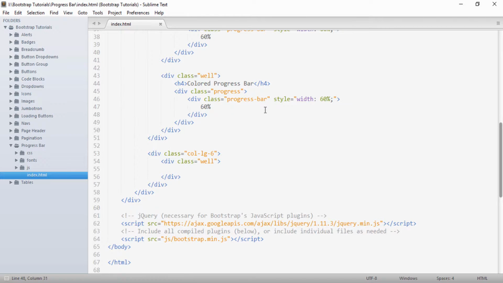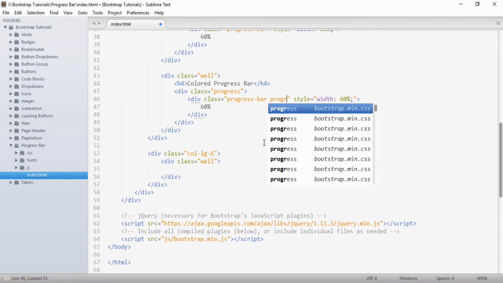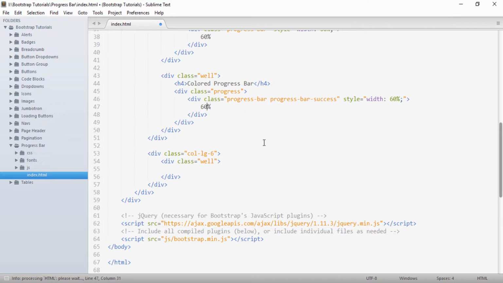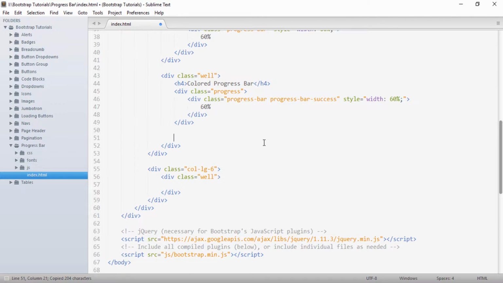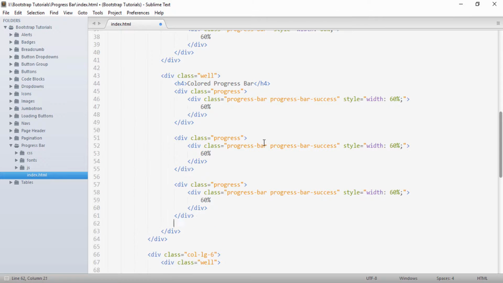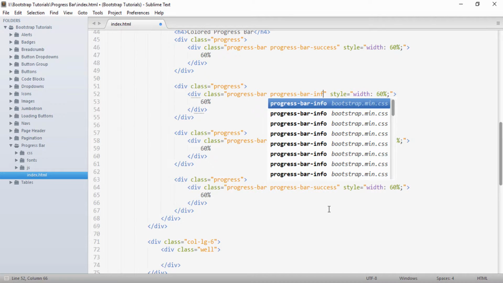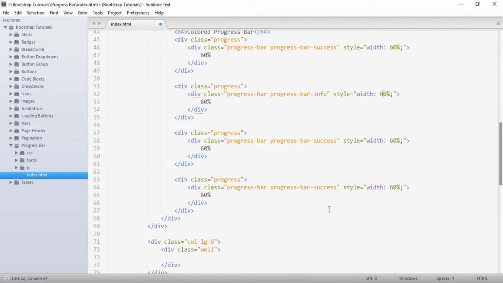So friends, first I will create a progress bar with the class progress-bar-success. Progress-bar-success, and let's say I copy this and paste it 3 times, and let's say to the second I provide progress-bar-info, and I will change the width, say 40,